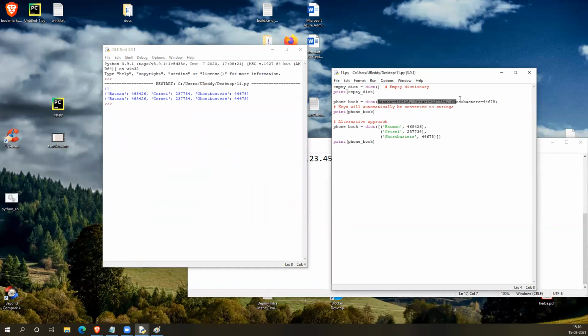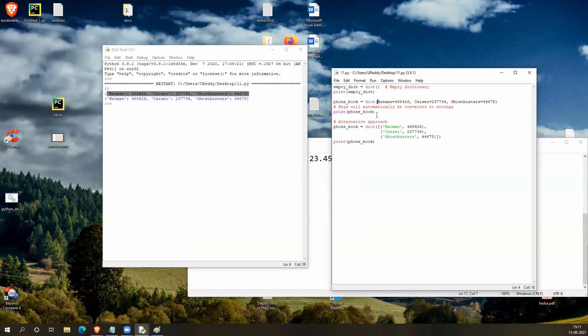In the dict constructor, I provided these three values instead of those braces. I provided multiple key value pairs here. It will directly create a dictionary object like this. Here, what you observed is I didn't provide the quotes like earlier. It's picked directly into the dictionary object.